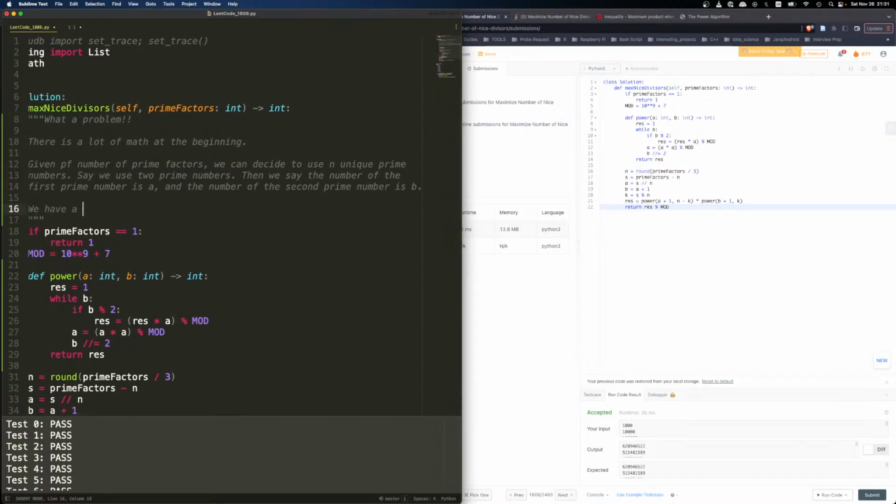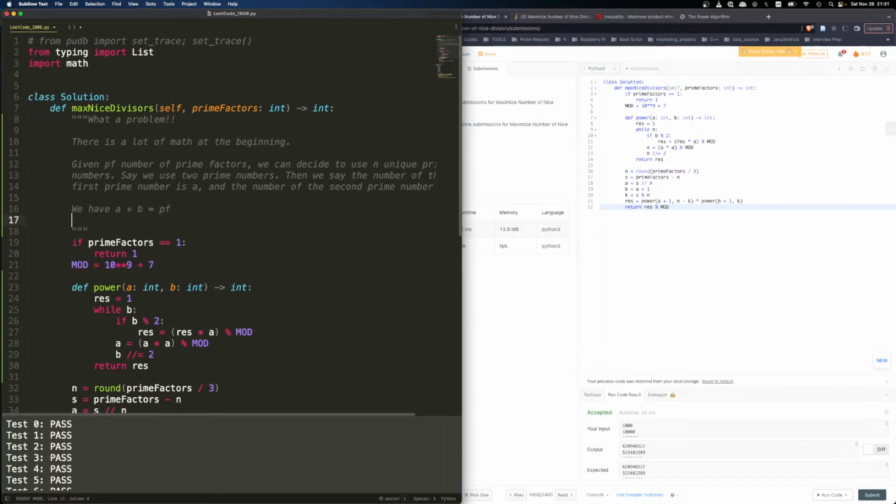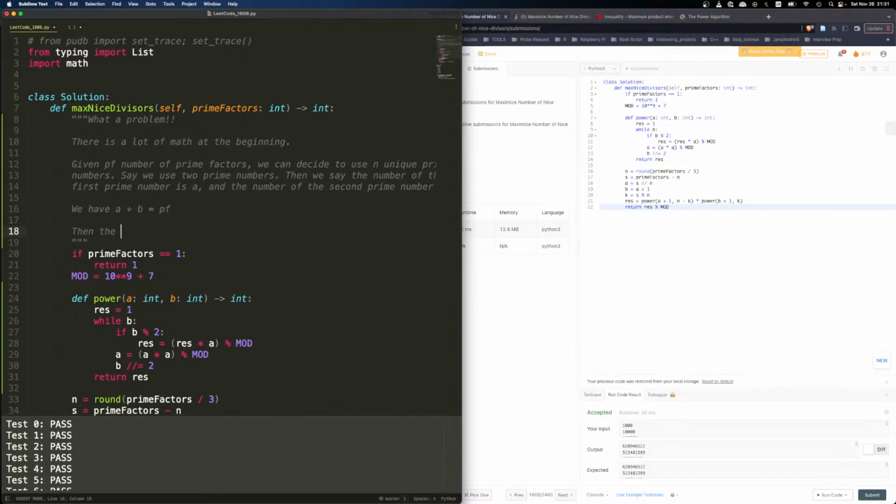We have a plus b equals pf. Then the total number of nice divisors is